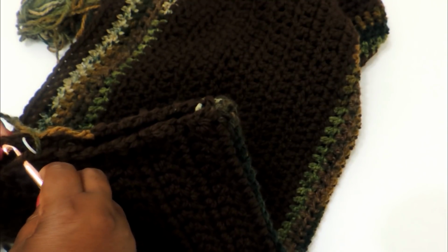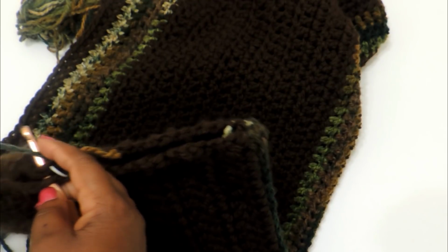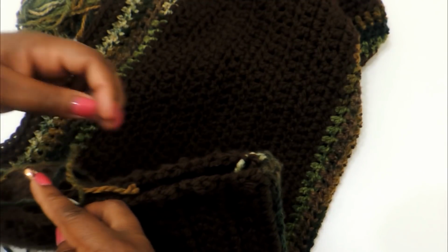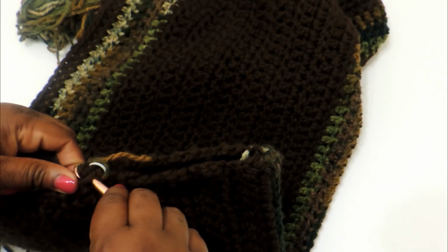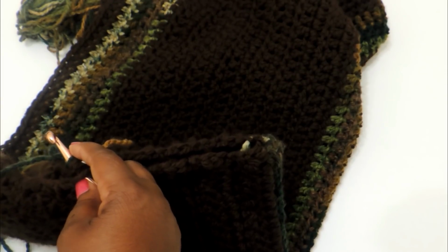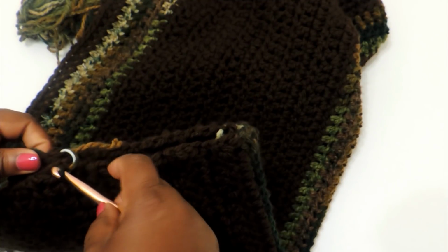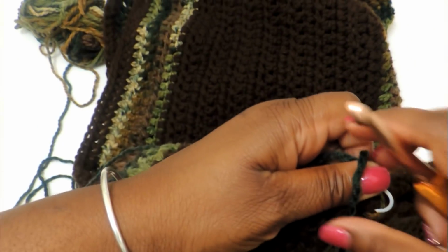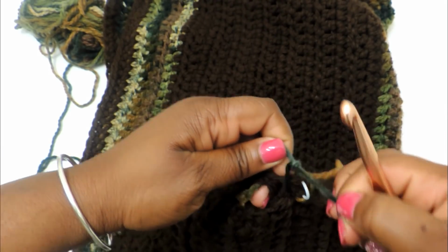We've already measured off our arm pieces. We did 7 inches from the fold down, and now I'm just going to go ahead and seal the part below the arm area. I hope that makes sense. And I'm going to do that using a single crochet stitch. So here we are. I'm just basically inserting the yarn through both sides of the